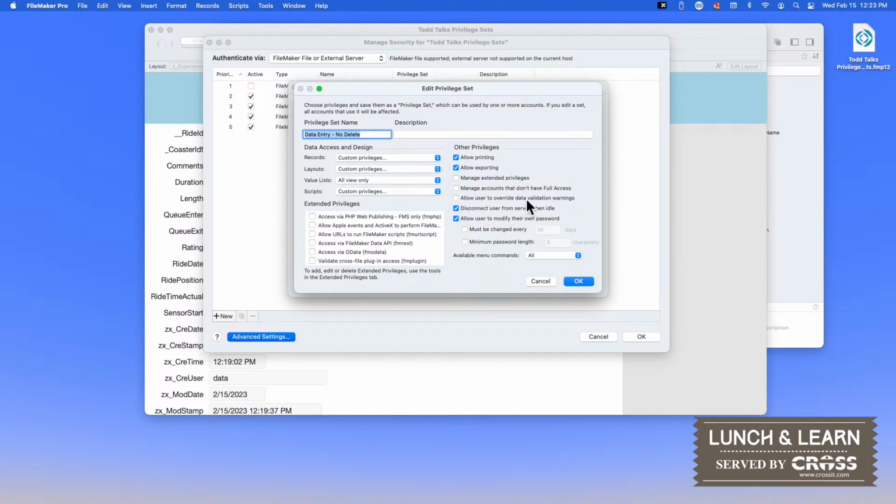Are they allowed to override the data validation warnings or not? Are you going to disconnect them from the server when they're idle? How are you going to handle the password that has to be changed? Things like that. And you also have the ability down here, the available menu commands. Okay, so if we were to go ahead and change this one, just so you can see,